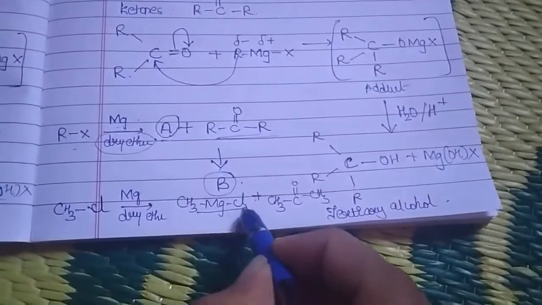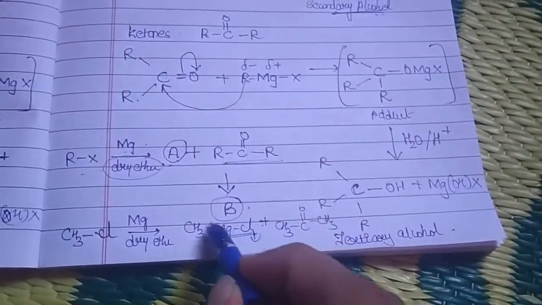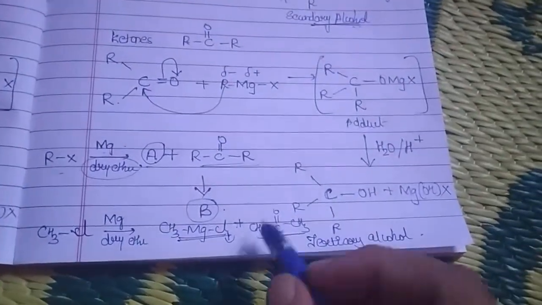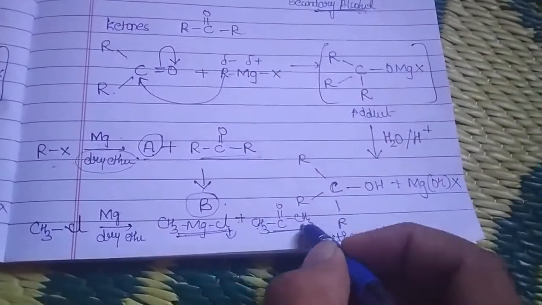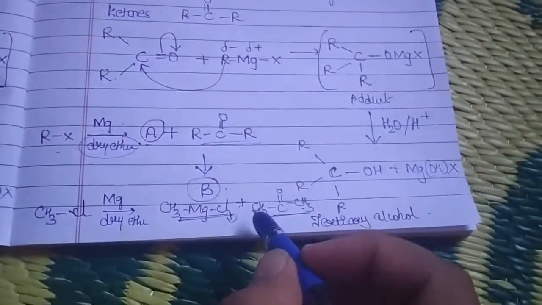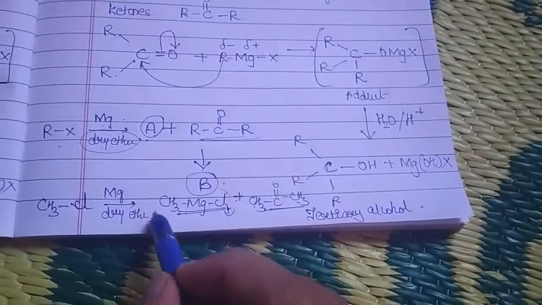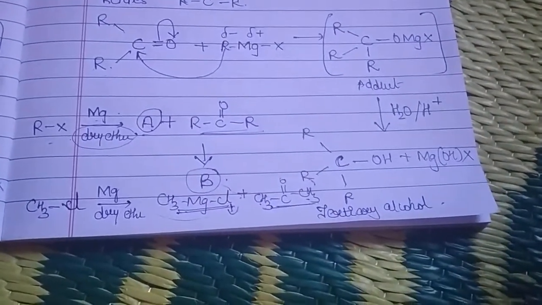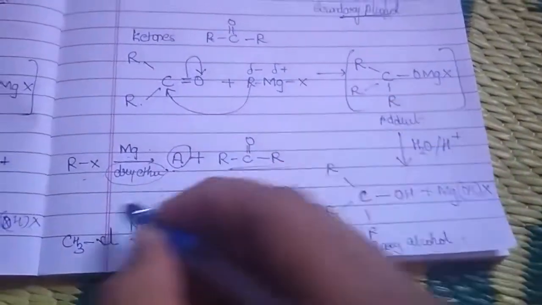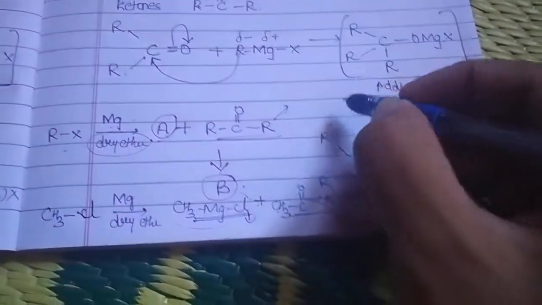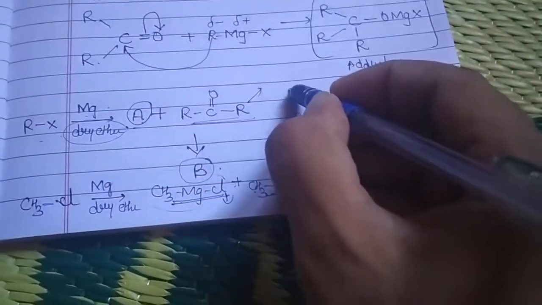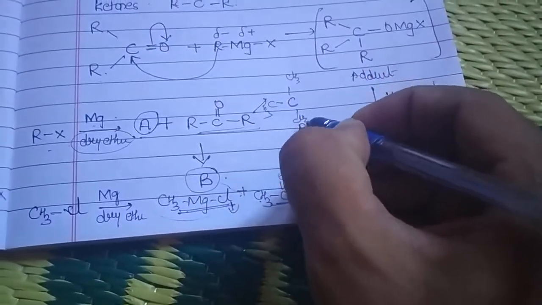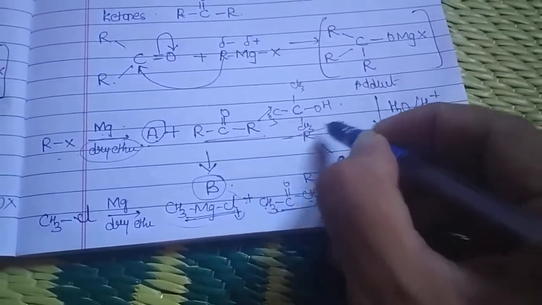Yes, you have treated your methyl magnesium chloride with a ketonic group, that is propan-2-one. We know the concept that whenever a Grignard reagent reacts with a ketone, I should get my tertiary alcohol. So what will be my product? Let me write it here. Of course, this is my ketone. So this C will be attached to 3 methyl groups along with OH. So this will be my product.